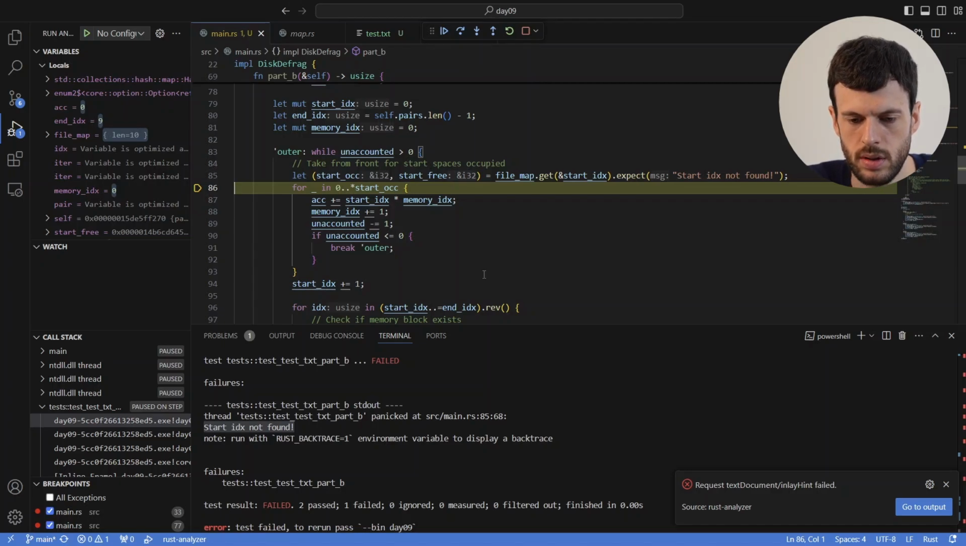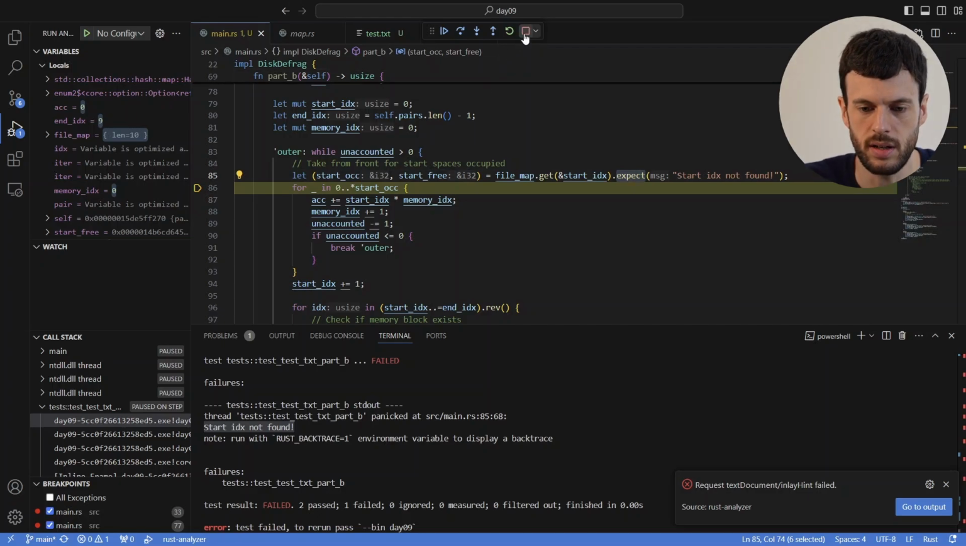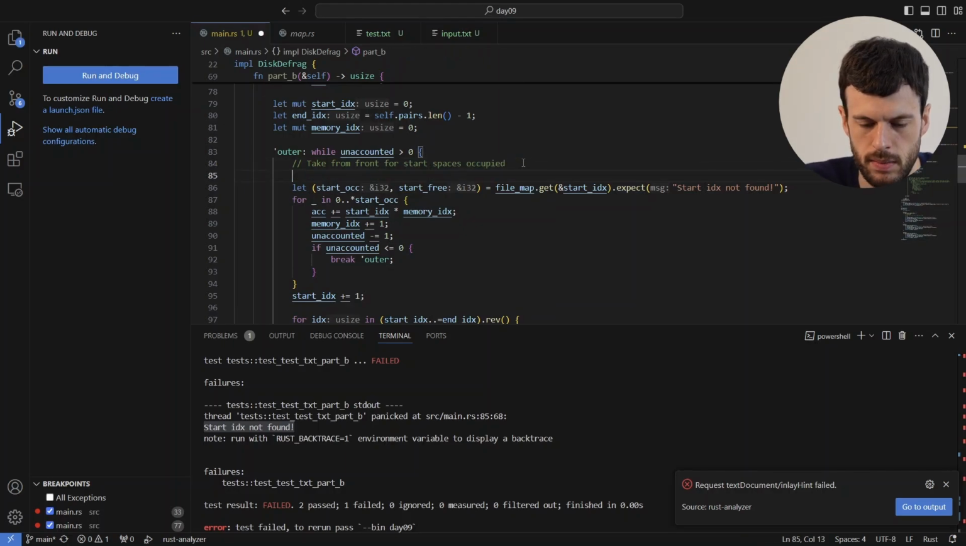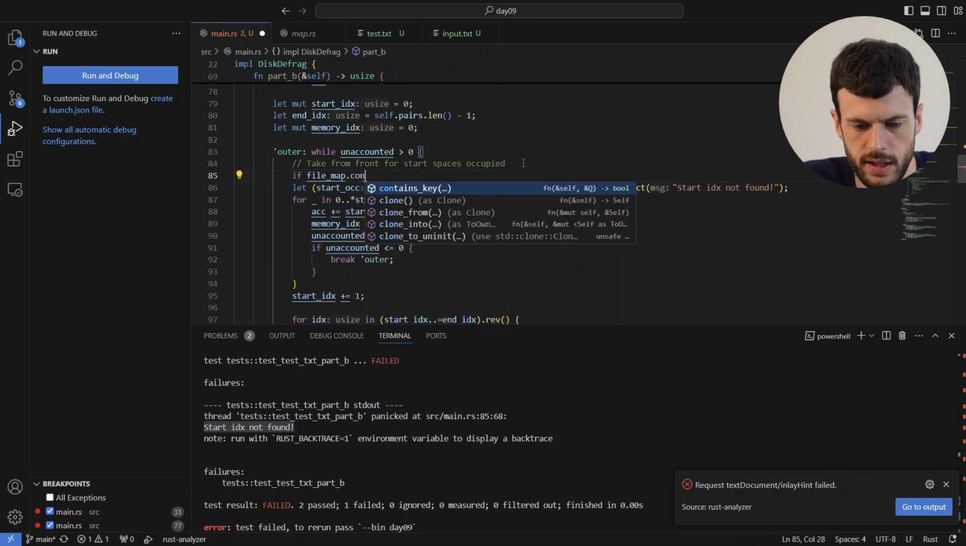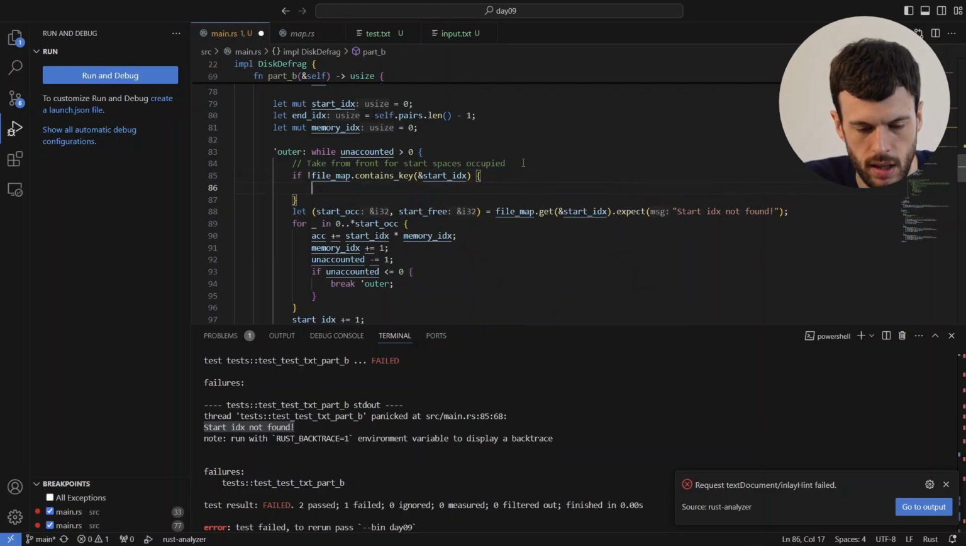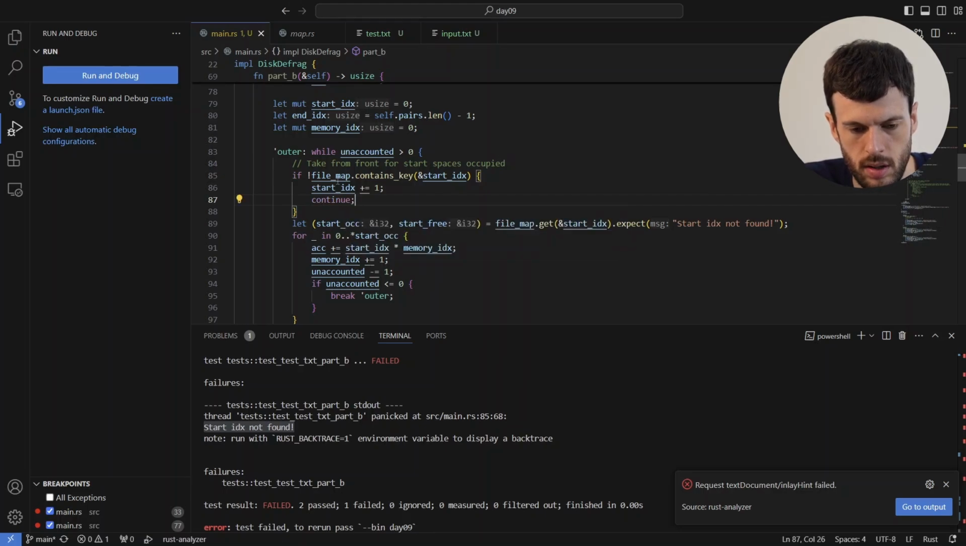Of course. If we take from somewhere in the middle, then when the start index gets there, it won't be found. Okay, that's fine. So let's check if file map dot contains key start index, but it doesn't contain the key. If it doesn't contain the key, then increment start index and continue. Now this might run off the end. In fact, it might create an infinite loop. So